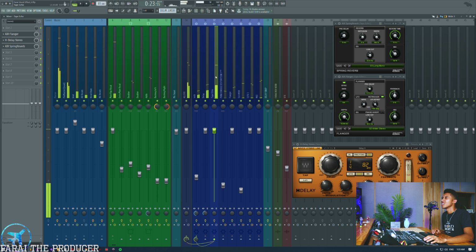Can't talk right. It just kind of pushes through the mix, and it's boring. It doesn't have any character to it, right? But once we add on a flanger, and then we add on a spring reverb,